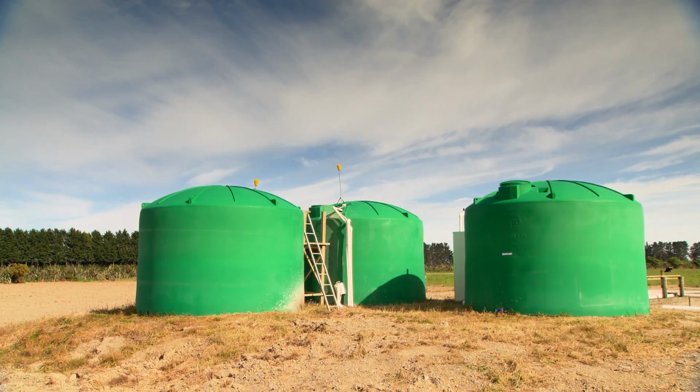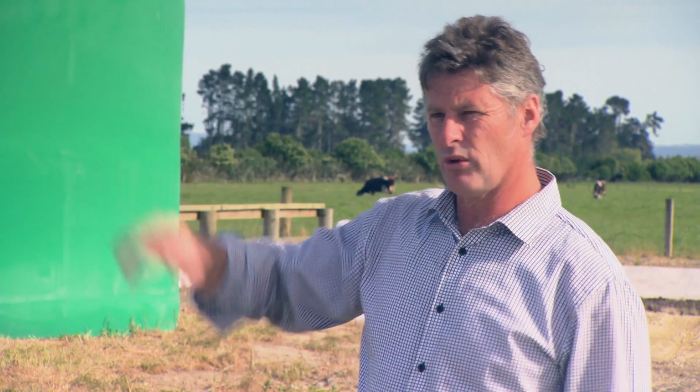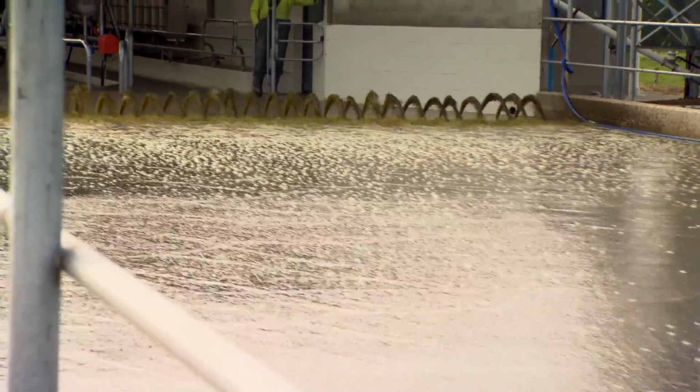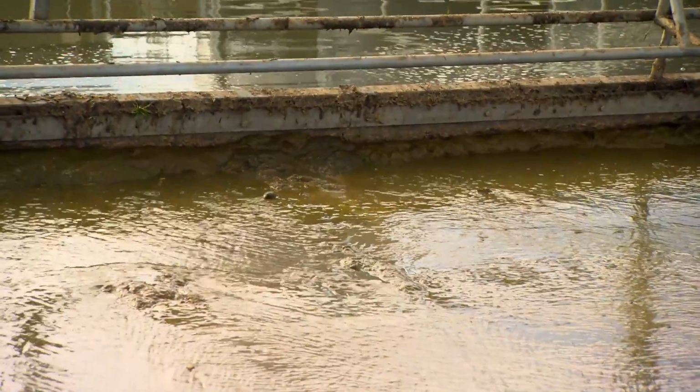The first tank is what we call a green wash tank, and it's got extra filters in it before it goes into our effluent distribution tanks. But the green wash tank will then pump up to our flood wash tank, or that'll be used for a backing gate and pumped across the backing gate. That's how we recycle. We're actually recycling fresh green water, which I think is very important